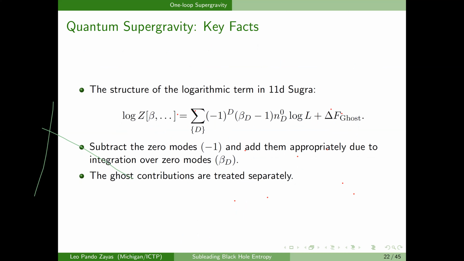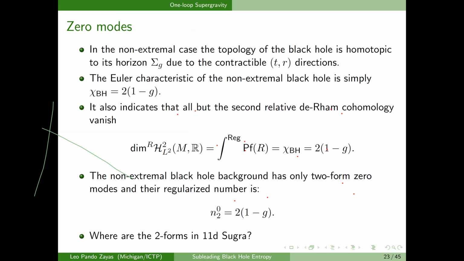So again, this -1 is because I first subtract the zero modes that were already in the heat kernel, and then I have to add them back with the appropriate measure, and then I compute the dose contribution. All right, so for zero modes, here I'm going to move a little bit faster, but essentially the zero modes that we are interested in